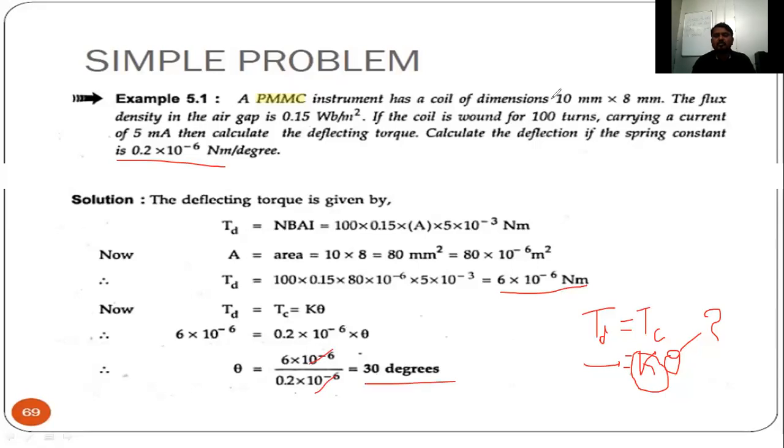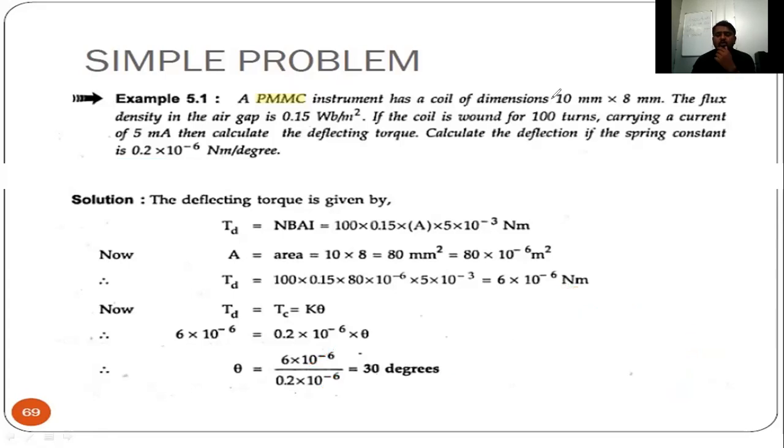Like this, simple problems will come. If there is an offline exam, such problems will come. Otherwise, there will be no problems on this. So prepare well. So this completes the PMMC with range extension also. This range extension is applicable for the PMMI, moving iron instrument, electromagnetic devices, dynamometers, all of those. If we are using a series resistance, the multiplier, then the voltmeter range is going to increase. If we are using the shunt resistance, then it will increase the current range.